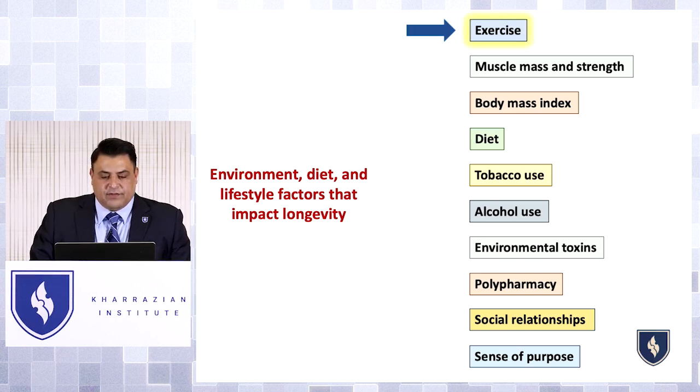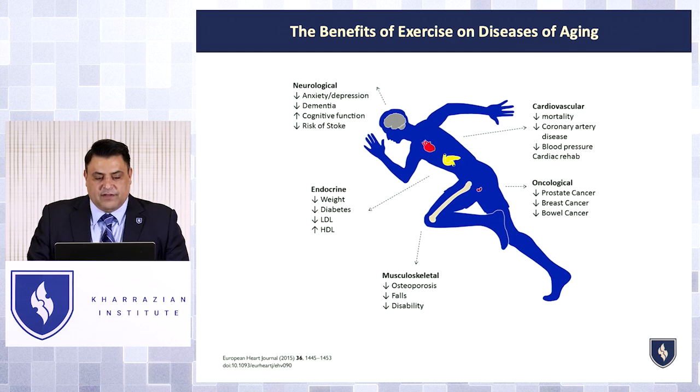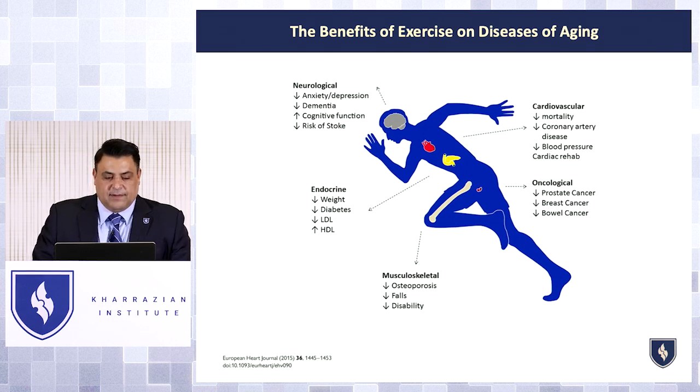So exercise is the obvious one. We all know it's good for us. And studies are pretty clear. It definitely reduces cardiovascular risk. Some people may not know there's direct links with exercise in the literature, in addition to improving cognitive dysfunction and risk, but anxiety and depression, specifically anxiety. Anxiety is one of the most common conditions out there. And when you look at all the different health conditions that people search for help with on search engines, anxiety is one of the top ones. And exercise is one of the clearest and easiest ways to change anxiety.